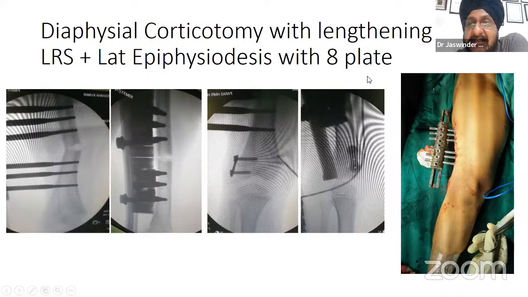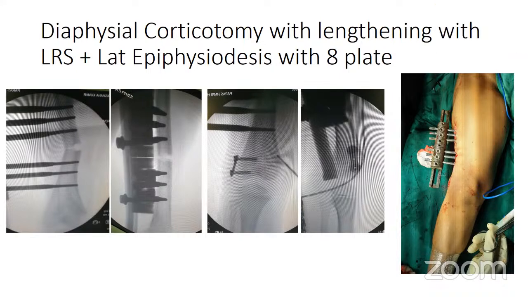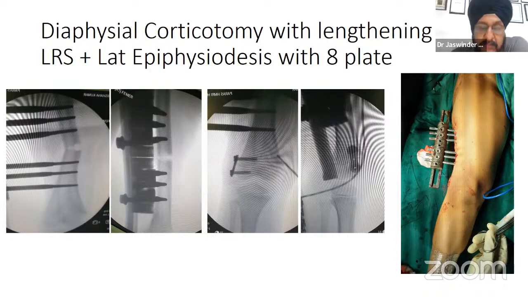So are you convinced, Dr. Ritesh, or any other panelists who would like to add something more to this? Yes, this looks all right. The only thing is that the osteotomy is far away from the CORA. So if we could have done the osteotomy a little distally, this primary deformity could have been avoided. Right. Thank you. Okay.